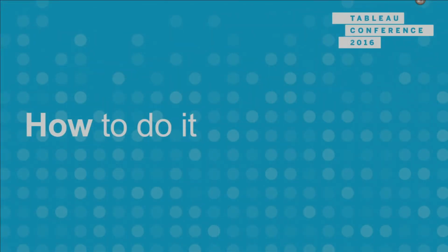Now, how do you do it? You're like, okay, great, I get it. You do it about something you like, and you do it to explain things, but where the hell do I find this data? As part of the Tableau Public team, that's one thing I get asked all the time. Where do you find data sets?